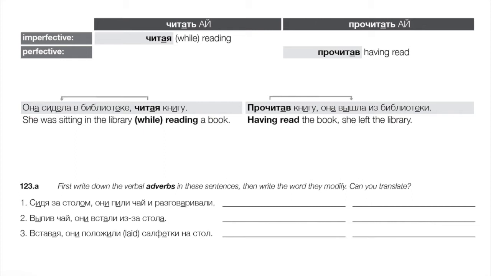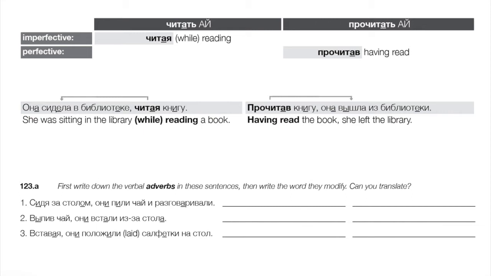Okay, now note this can be a little bit confusing. Look at the form chitaya, and we see that ending, aya, looks like a feminine adjectival ending, right? But that's just a coincidence, right? We'll see later that once we know all these forms, we would simply know that this could not possibly be a verbal adjective, right? The adjective would look different. It would have a different ending, a different suffix ahead of the adjectival ending. Okay, so you might want to circle that and just be on guard that just because we see aya doesn't necessarily mean it's an adjective, right? Because it could be one of these verbal adverbs, imperfective.